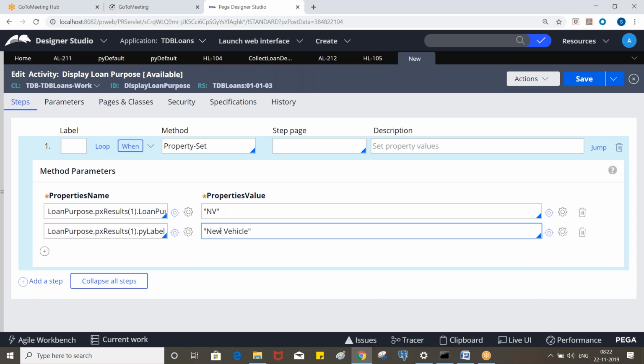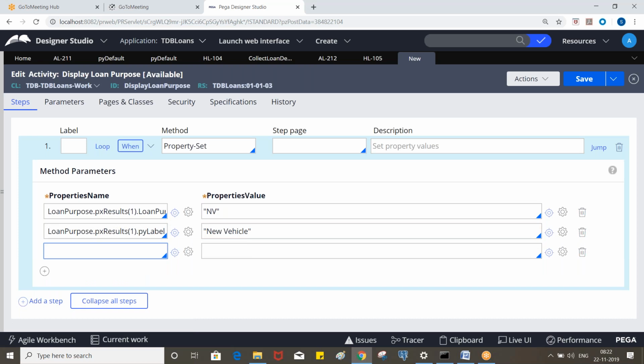Now, this is equivalent to how many records? A single record, px results of 1. On the px results of 1 page, you will see two properties: one is py label and another is loan purpose. Next, in the same way we need to add one more value. So how will it be? Px results of 2, the second page.